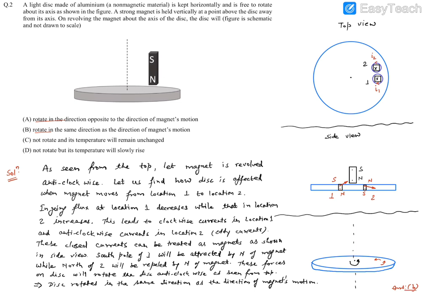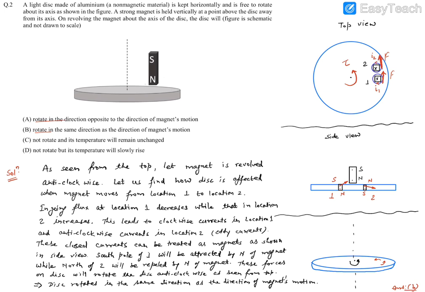So if you look at this picture, you will find these kinds of forces are coming to rotate it. This picture says the forces that we have identified will try to rotate the disk, or will give the torque about this axis in this sense. Hence, if you look from the top view, you'll find the disk will also rotate in this manner. So the forces that came were this tangential force, and this was also a tangential force, and these forces on the disk will provide a torque about this axis, and this disk will start rotating.